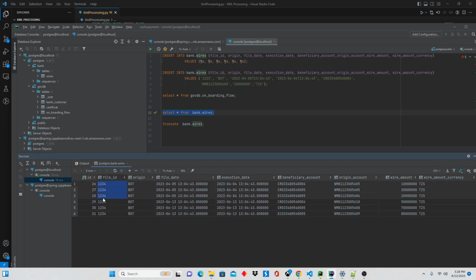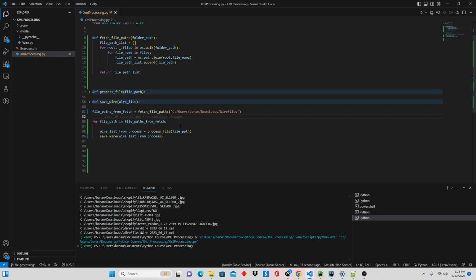Look, 6 lines. And you can see the date is different. So it's different files. You see? Yeah, so it's actually working. So now, since we are done, what we are going to do now is you come back to the